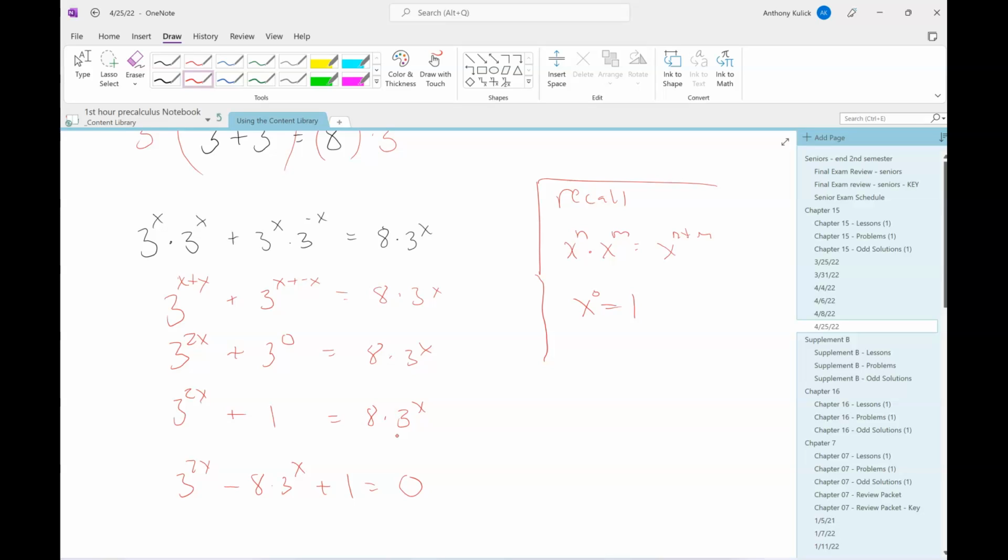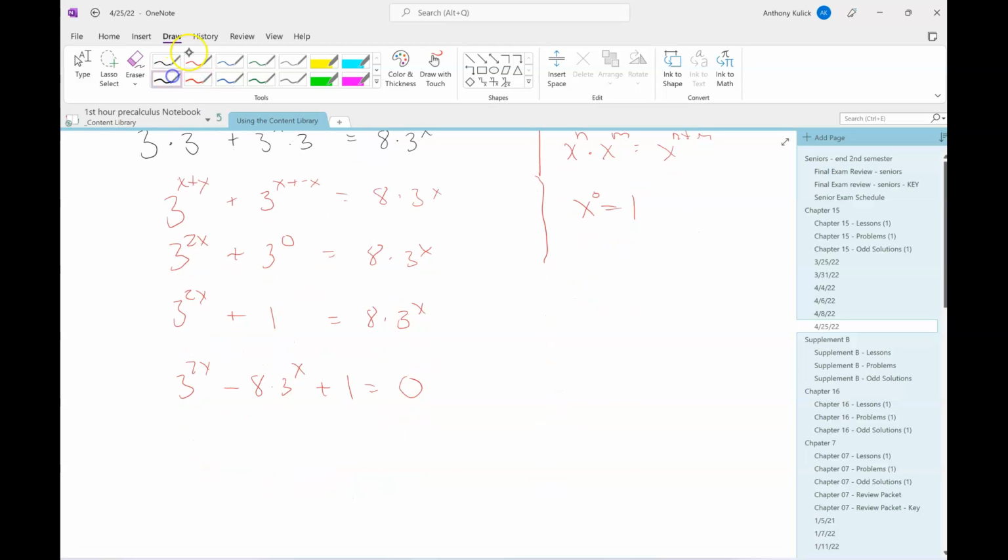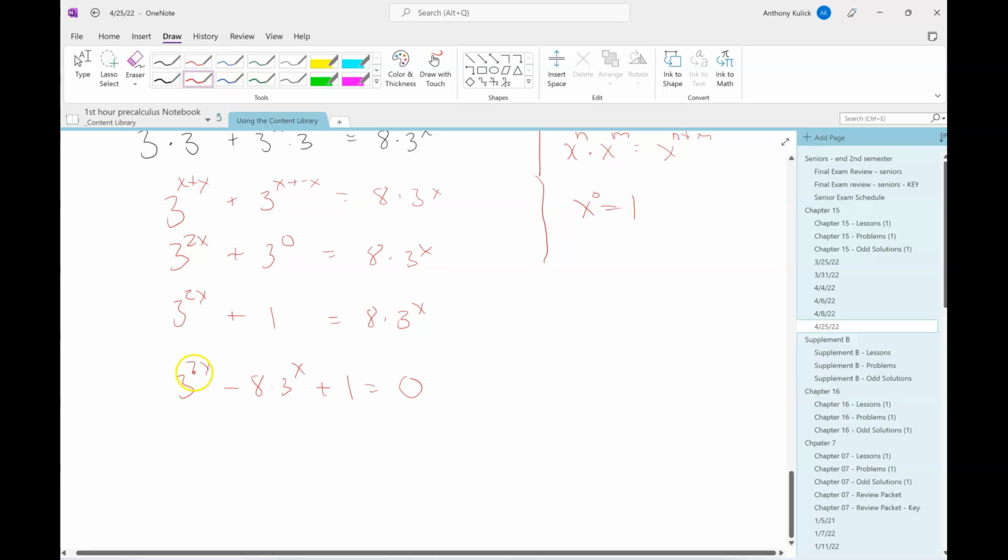Yeah, I see. So where's the thing squared? The 3. What do you mean the 3? That's a 2, right? Yeah. So it's not the 3 though that's squared. It's the